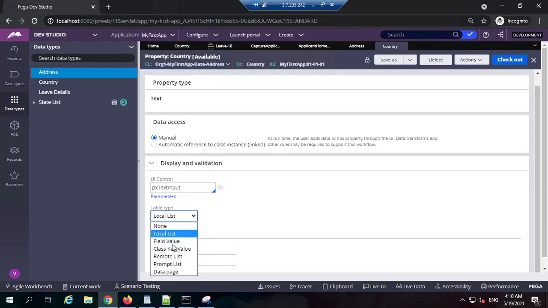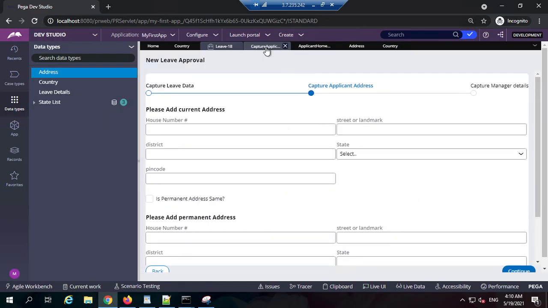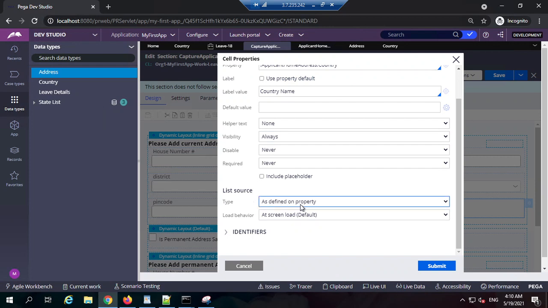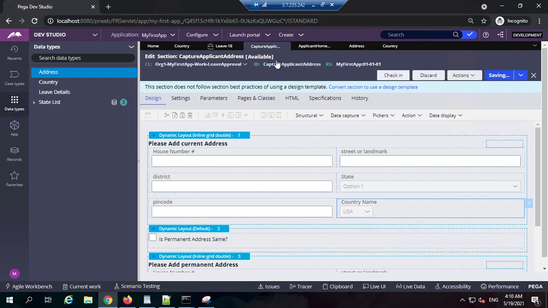You can also play around with these. Field value is very similar, and prompt list is very similar, with very minor differences. But on the UI it will start giving me this. Now I have mentioned "defined on the property." What it says is, whatever configuration you have available for this property, directly show me that on the UI. So if I submit and save,